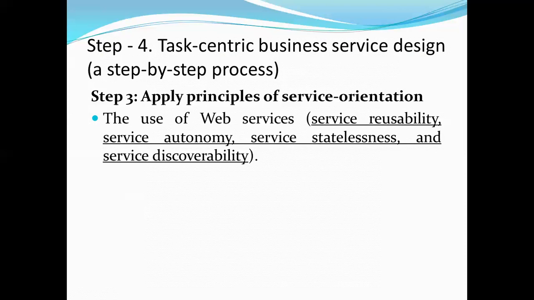And these principles, we have already seen in entity-centric or application services. The principles are the same. So whenever you are developing web services, that web service fulfills the principle of reusability and the principle of autonomy. The services are autonomous, not dependent on each other, executed separately on their own. Service statelessness: every service executes and dies. No information is recorded long term in the service because the services are stateless.